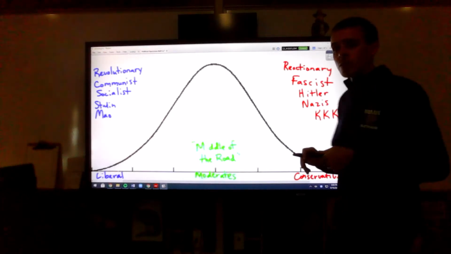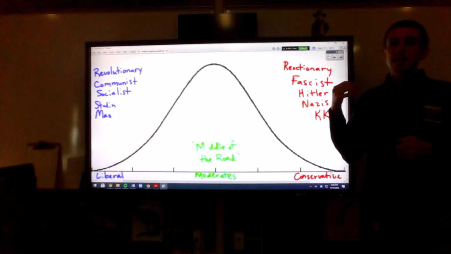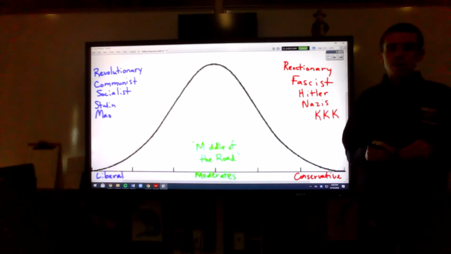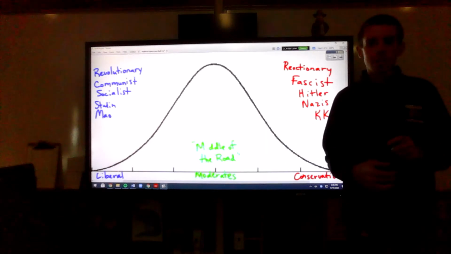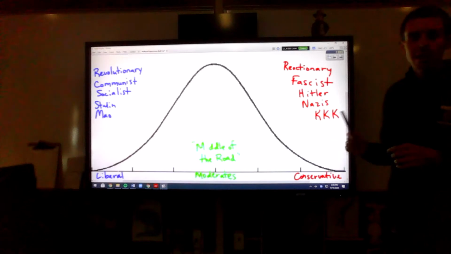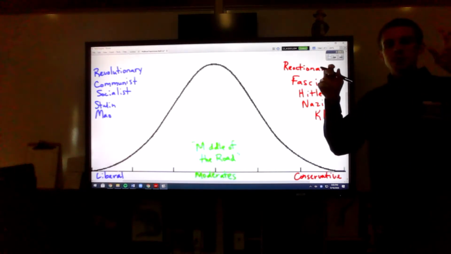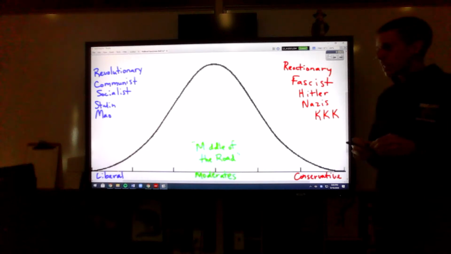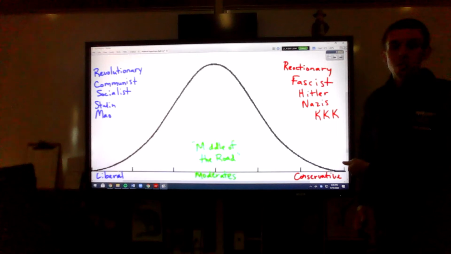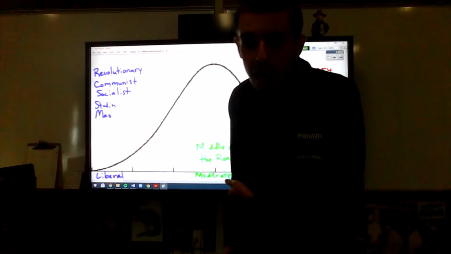So these groups are very, very, very ultra conservative, hyper conservative, conservative to the point where hardly anybody agrees with them. You would be hard pressed to find people who would openly admit they belong to the KKK. You'd be hard pressed to find people who would be neo-Nazis nowadays. That's because hardly anybody lives down here. There's nobody who believes that. Nobody actually believes that.